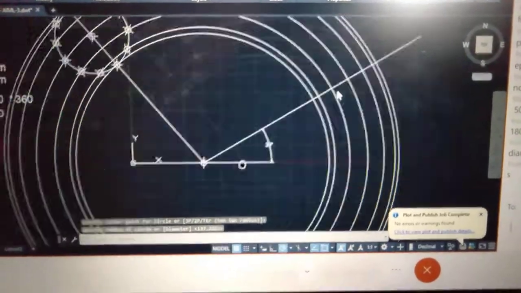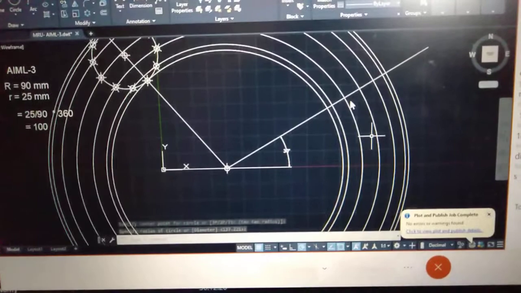Draw all the circles. Later, we need to remove this one. We do not require these terminals.